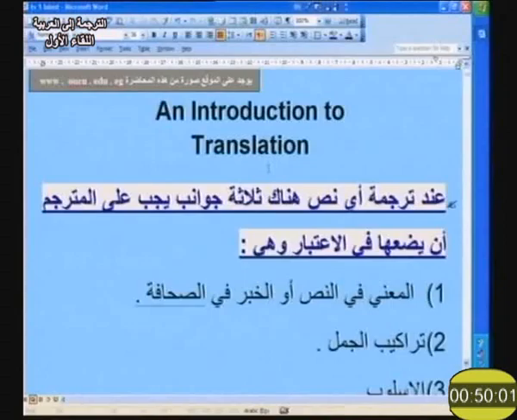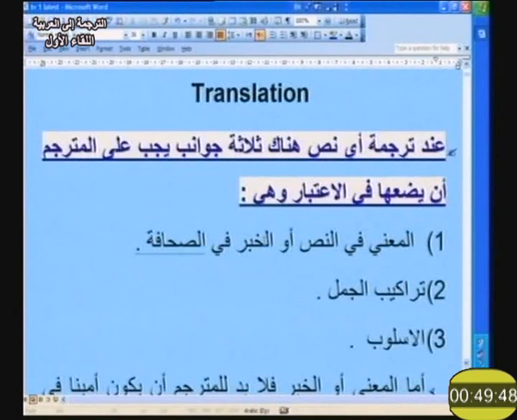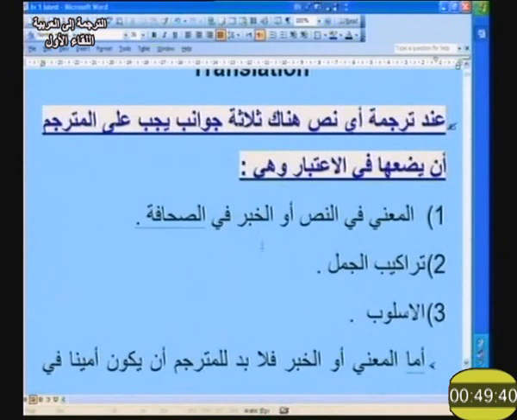We start off with an introduction to translation. In this introduction, there will be three main aspects, and I'll be working according to them. First is the vocabulary. Second is structure. Third is the style. Given here in this Arabic